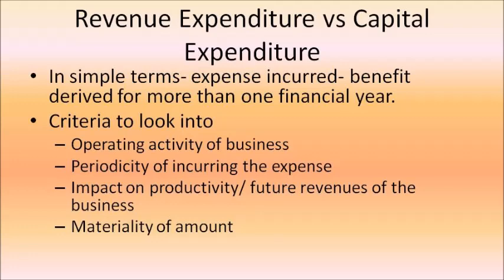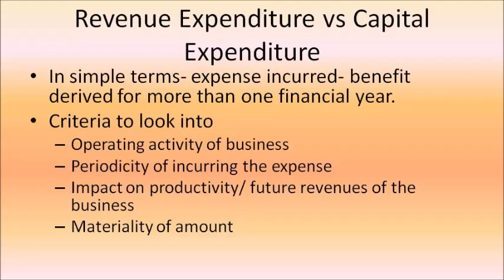In such case, it is a revenue expenditure. However, if I incur some kind of repairs and maintenance expense which results in increasing or maximizing the capacity of the machinery, such that it was operating at 100% capacity and it started to operate at 120% of capacity, that is, in one day I used to produce 100 units at 100% capacity, I started producing 120 units at higher capacity, right?